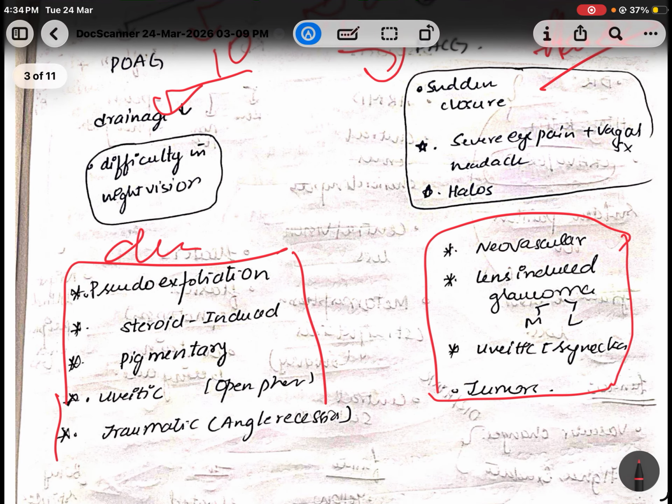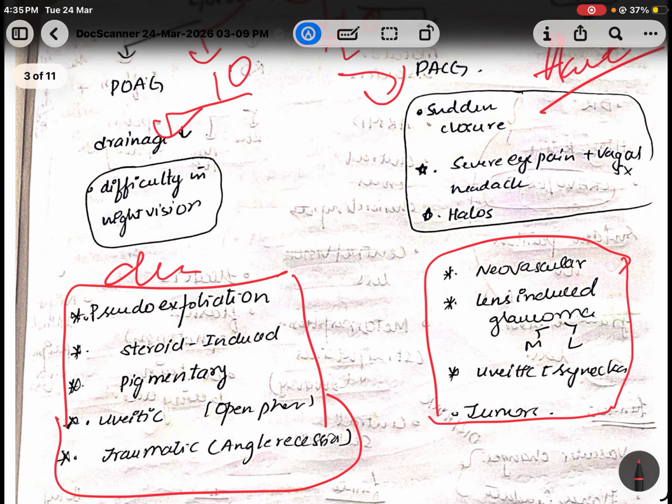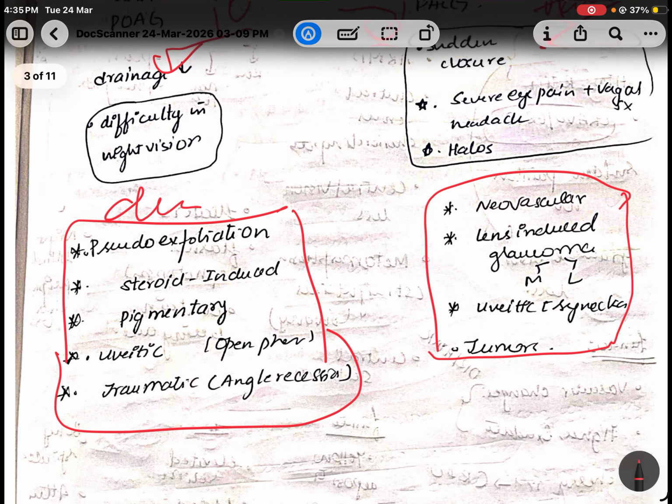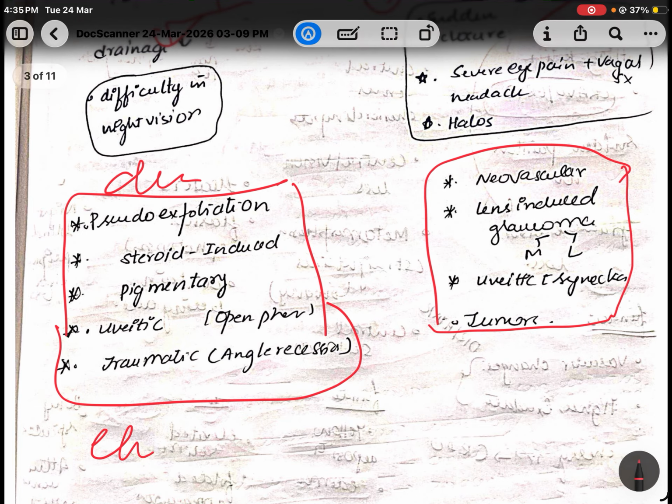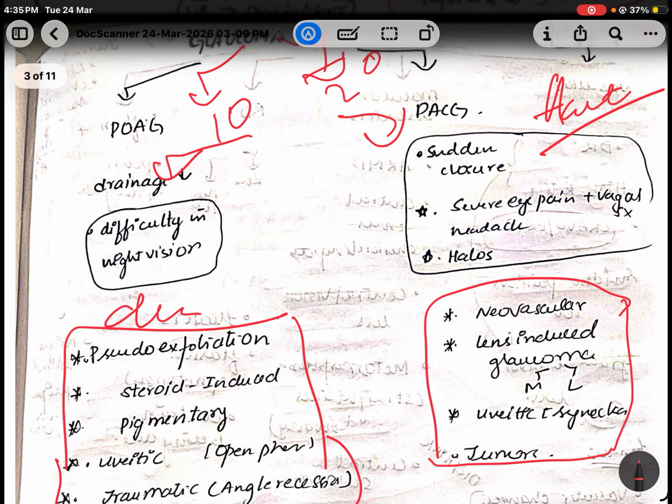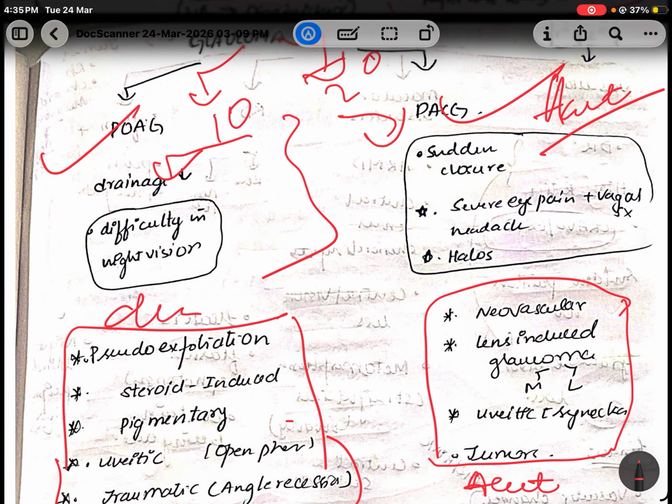So these are the conditions which behave as POAG. If you see the major thing, all these are chronic conditions, so they will lead to POAG. All these are kind of acute, so they will all lead to PACG. So learn the clinical features and examination findings of this and this, and if they ask about this, place this and come. That's it. Got it? I wanted to make the memory burden a day before the exam less, so that's why